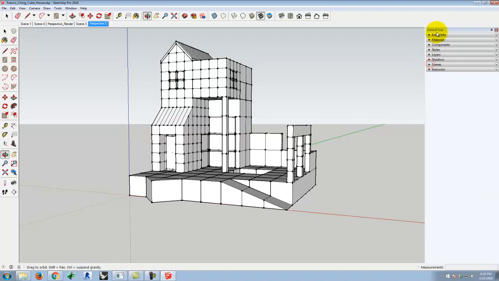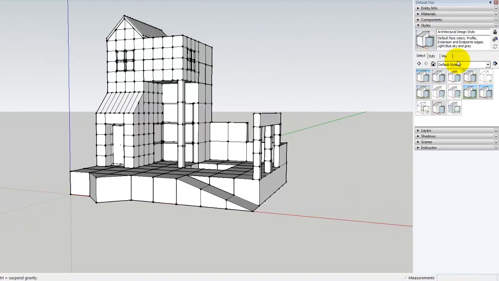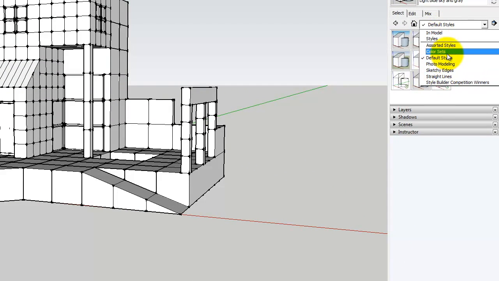After I've saved the scene, I'm going to open up the Styles panel. Again, I'm under the default tray, and I've expanded Styles. And I'm going to change from this default style that I'm using to something called Hidden Lines. And it's available under the,